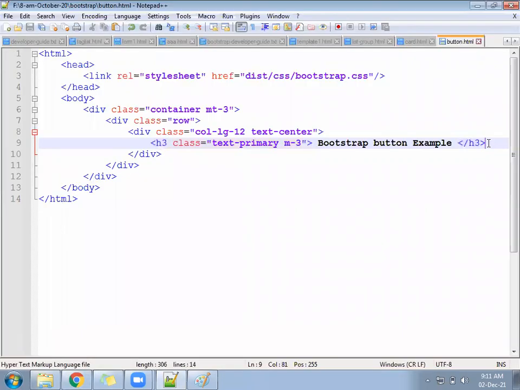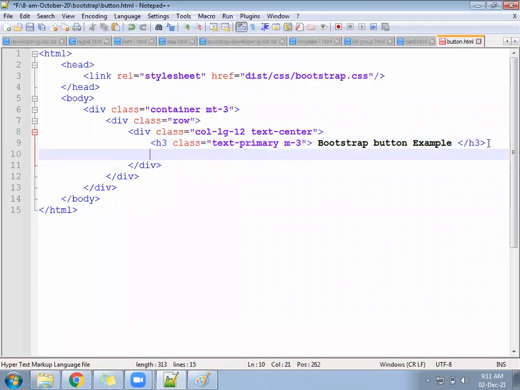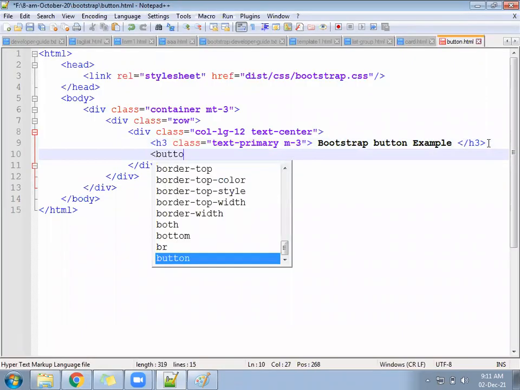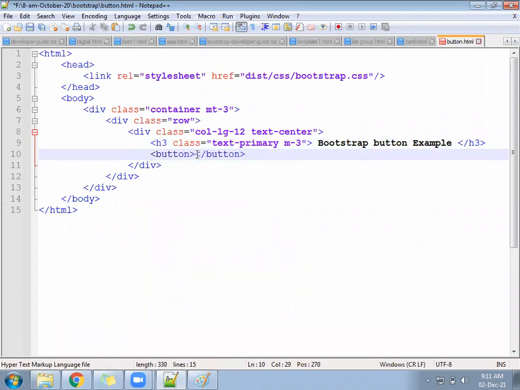Now after that, write a button called primary.